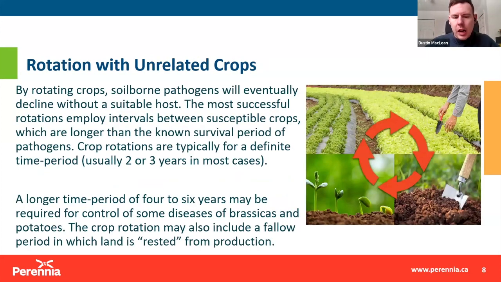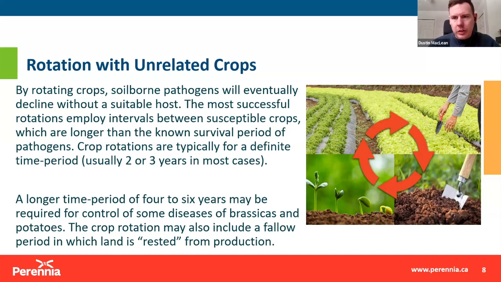By rotating crops, soil-borne pathogens will eventually decline without a suitable host. The most successful rotations employ intervals between susceptible crops which are longer than the known survival period of pathogens. In most instances, crop rotations are for a definite time period of around 2 to 3 years. A longer time period of 4 to 6 years may be required for control of some diseases, especially on brassicas